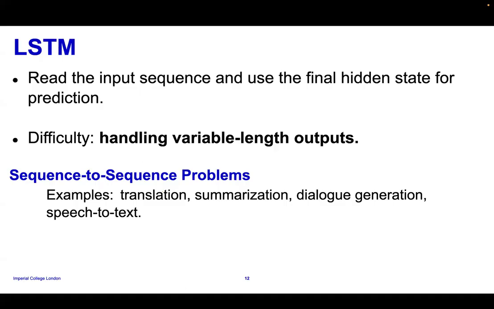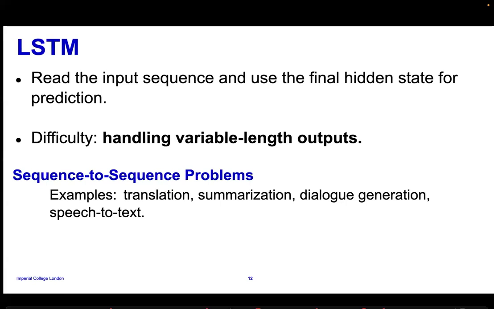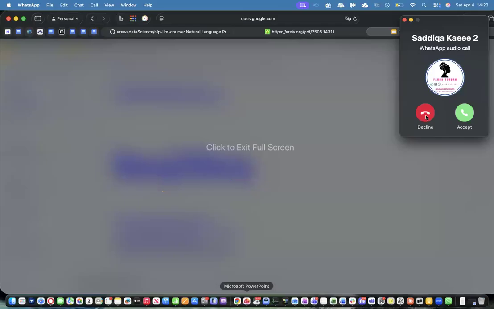So what we mean by this is, when I say variable length output, maybe for machine translation, if I give a sentence like I love this card, and then I have another sentence, I love this card, this is beautiful,